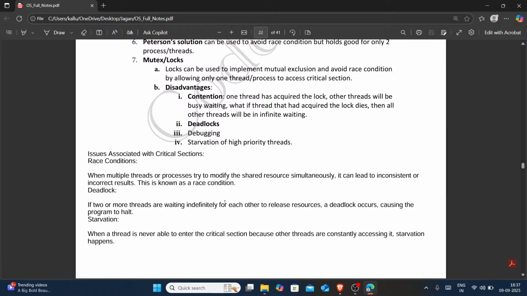Starvation. When a thread is never able to enter the critical section,